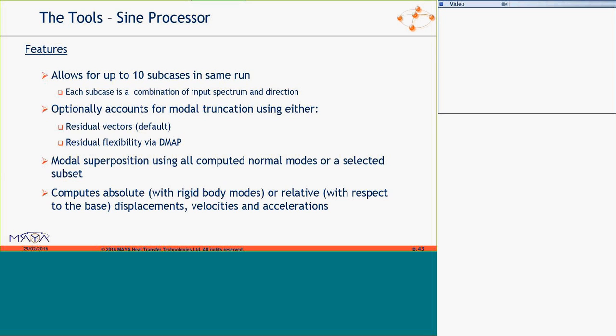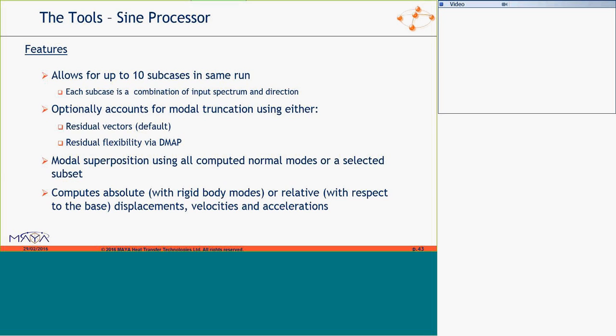Addition can be done using all loads that Nastran computes, or you can select which ones you want to use. And it computes the absolute or the relative displacements, velocities, and accelerations. Relative would be interesting because when they actually test this, sine testing or random testing, it's typically done on a shaker.